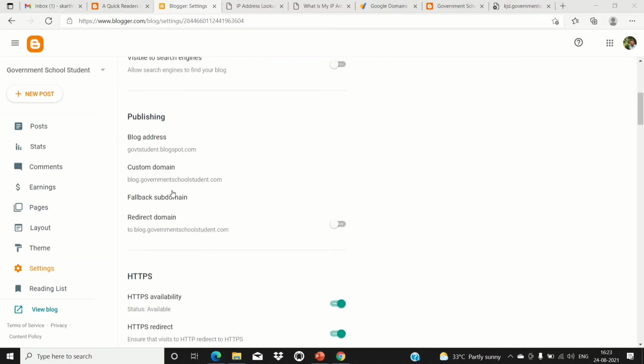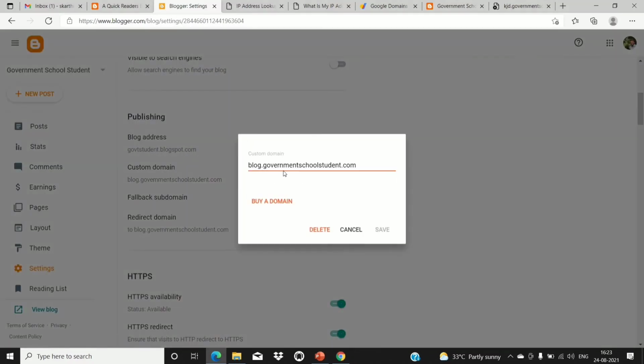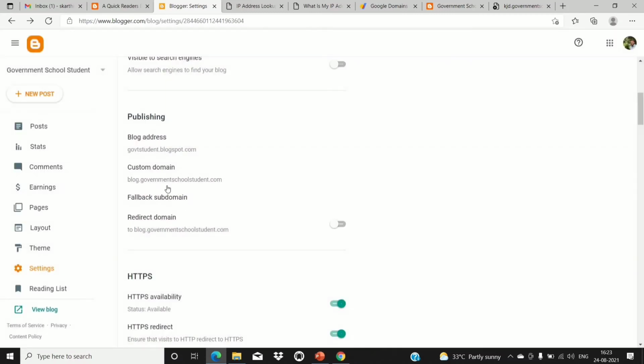You can create whatever blog name you want. I have created governmentstudent.blogspot.com, and here I made the custom domain name blog.governmentschoolstudent.com. I created this some time before, and I made this subdomain creation also some time before.